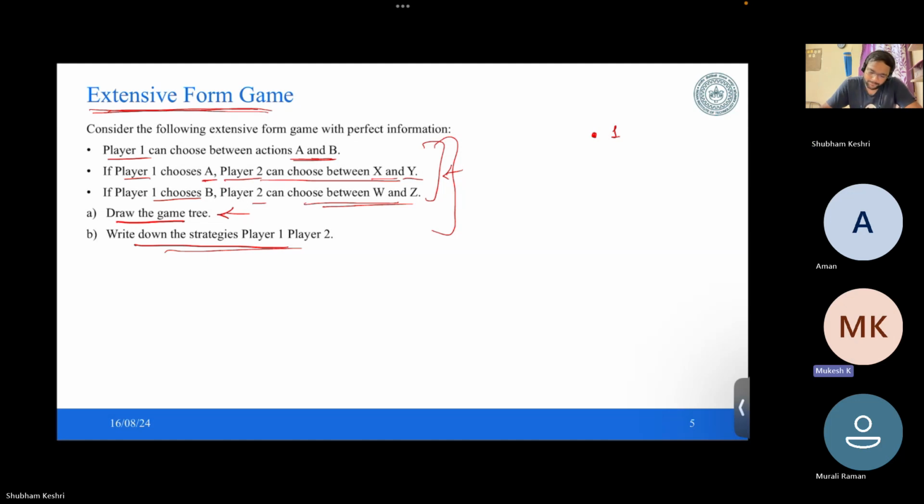Two options, A and B. Right. So you see, whenever you draw a game tree, why this is called a tree is because you see,